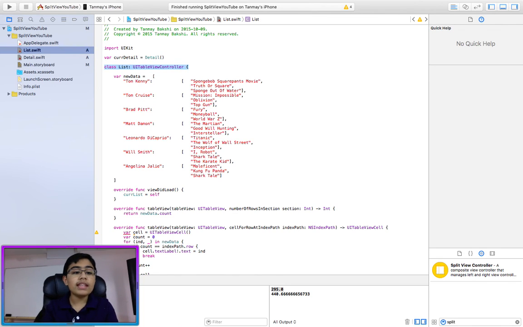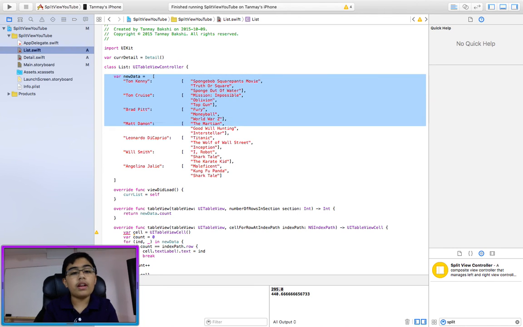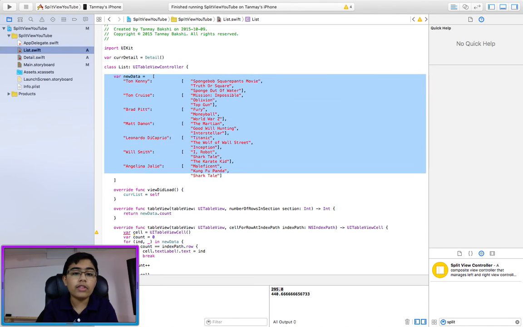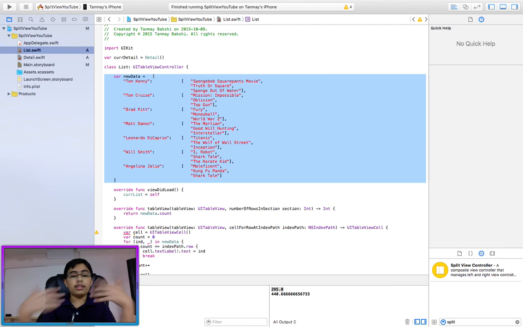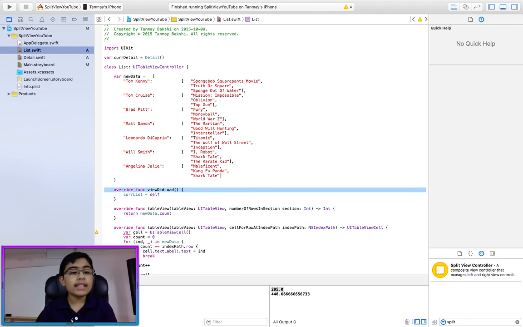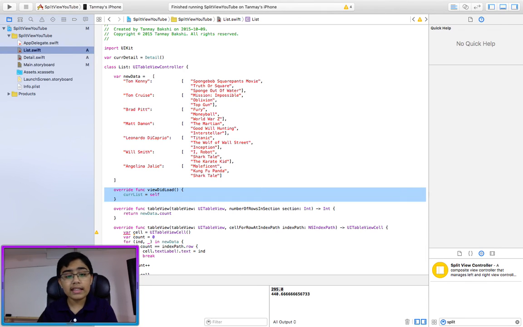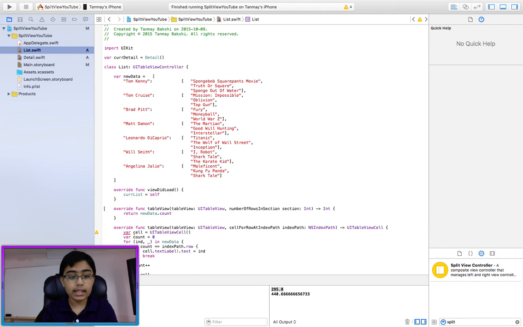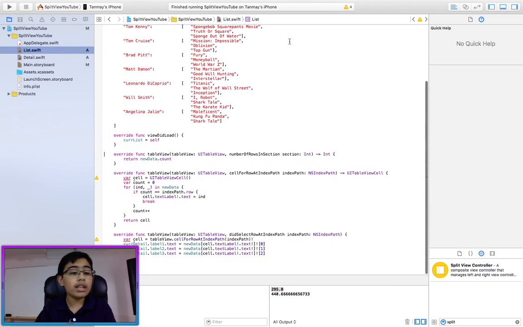Then create a new class called List, which is inheriting from not UIViewController, but UITableViewController. Then create a variable called newData and give it all of this data, which is the actors and the movies that they star in. And then in viewDidLoad, set curList to self. Then put in